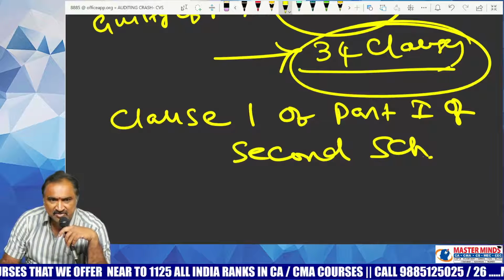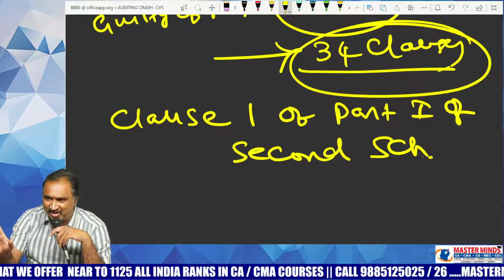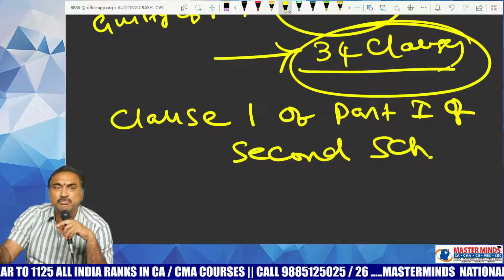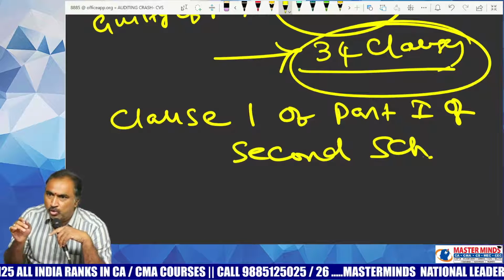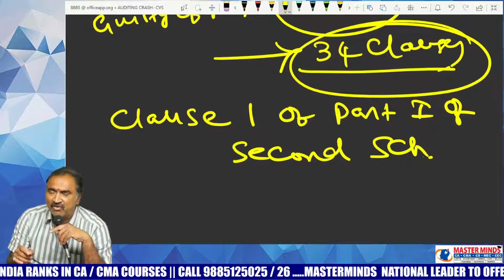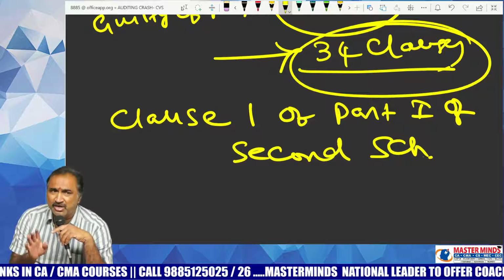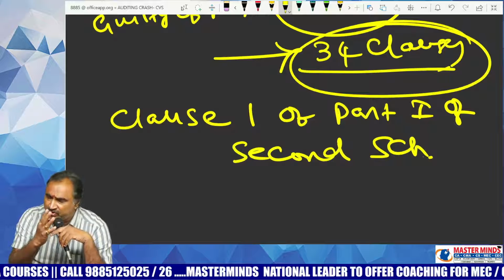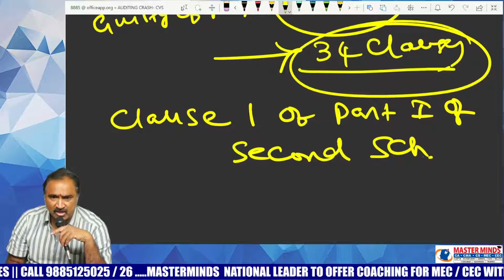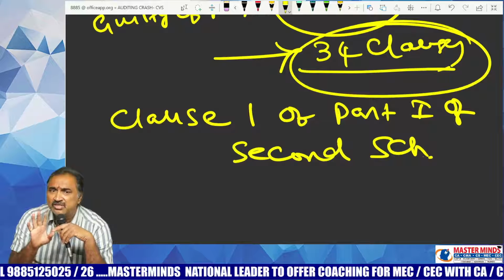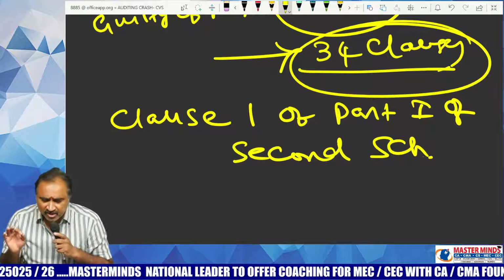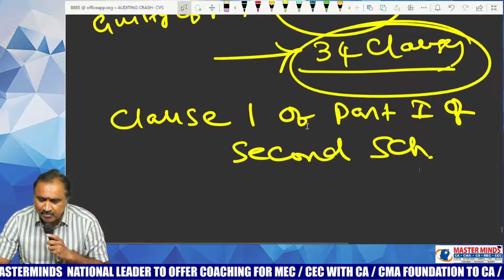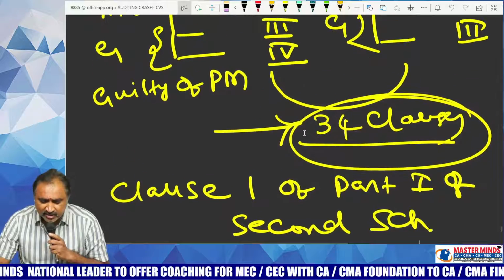In essay 700, everything is relatable to standards on auditing. If you do not have knowledge of standards on auditing, you cannot understand the auditing subject at all. So you need to be careful while listening to standards on auditing. You must get knowledge of standards on auditing to get a hold on the auditing subject, without which you cannot get a hold of the subject called auditing. So standards on auditing are very much important for you people. So try to understand them when I start having a discussion on standards on auditing.